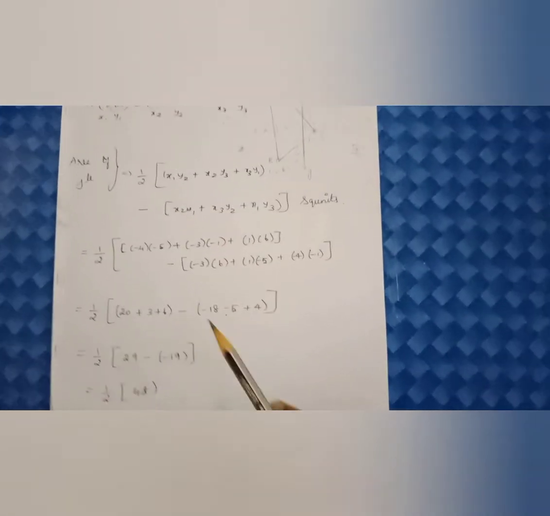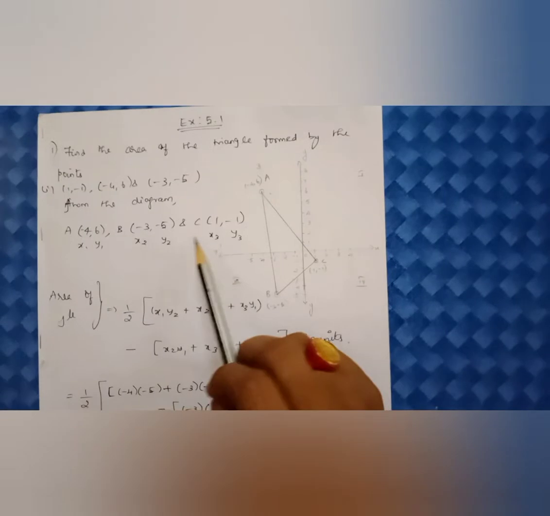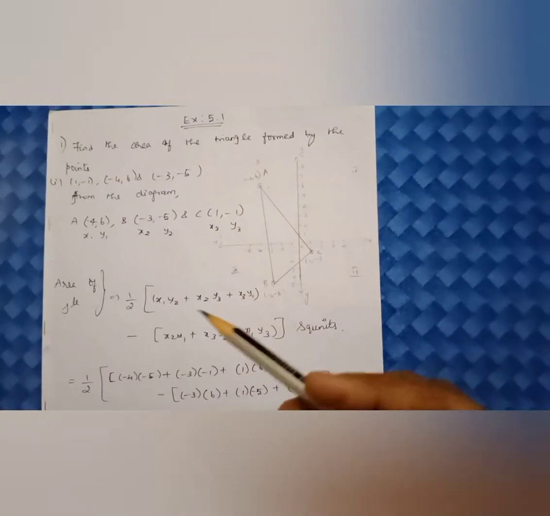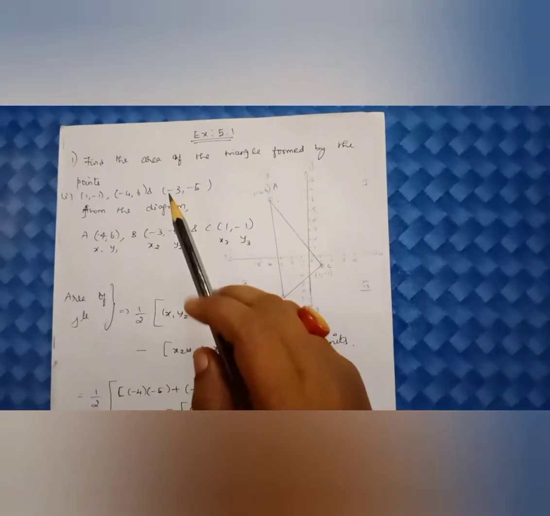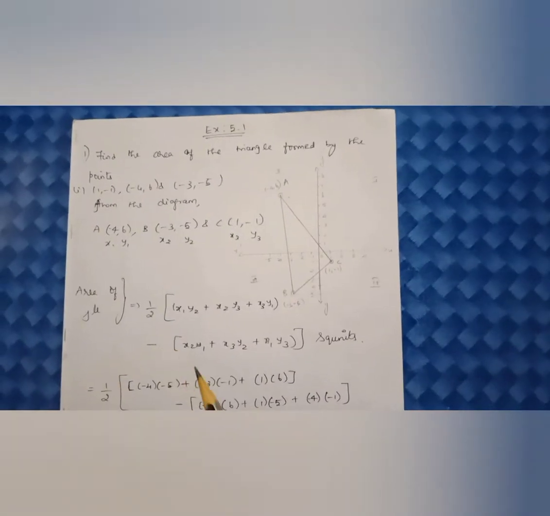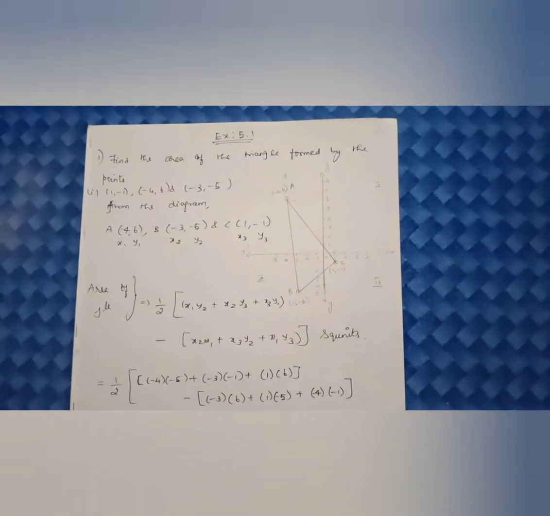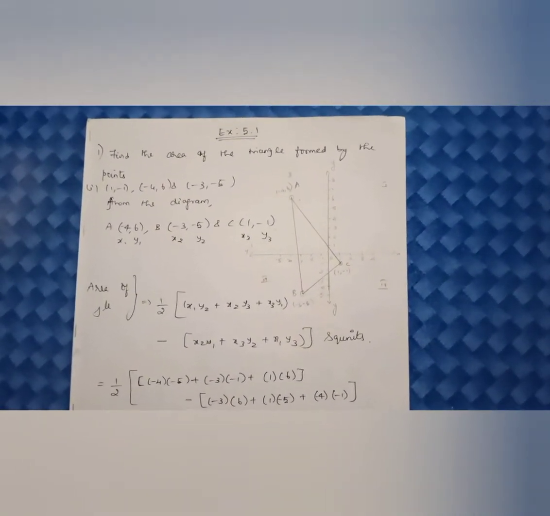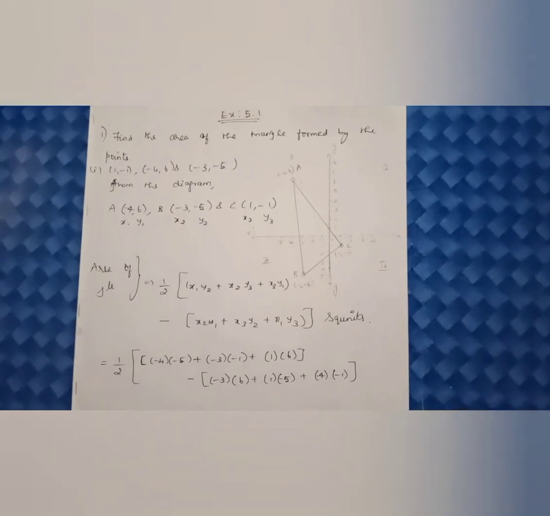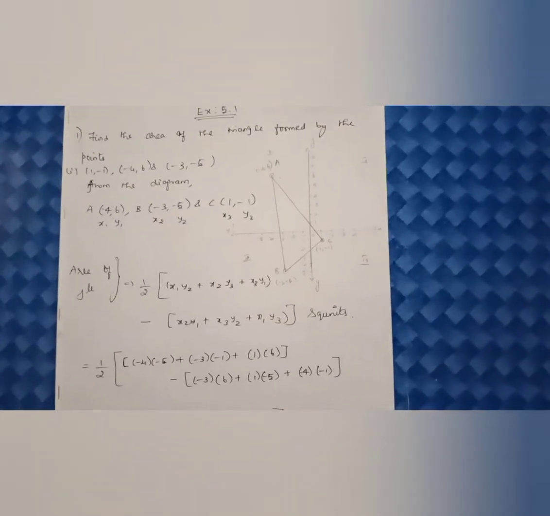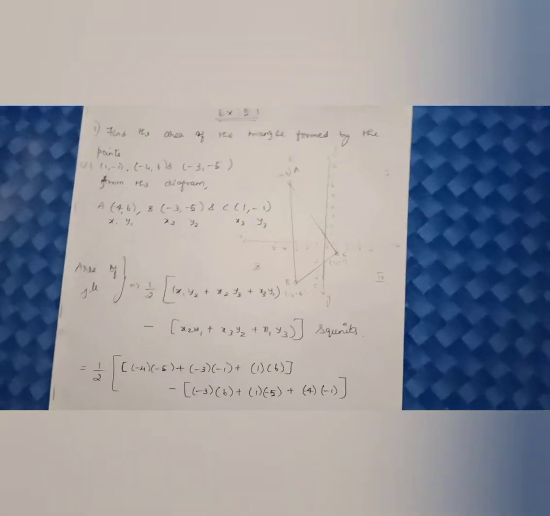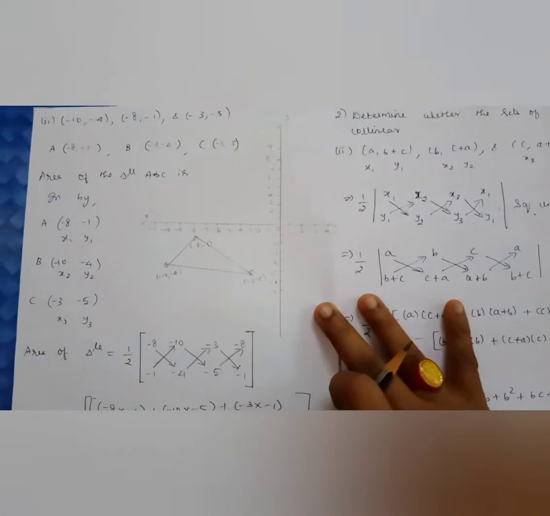Okay, what if I do not change the points in order, and I go ahead with the points as they have been given in the question? You will get the same answer only, but you will get it to be negative. And what you will do, you will write one more step like area cannot be negative, and then you will get the actual area. Okay, but it is always preferable to plot the points and then take them in order.